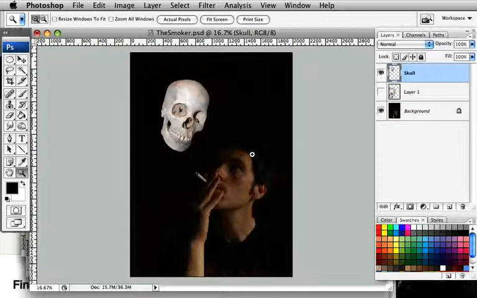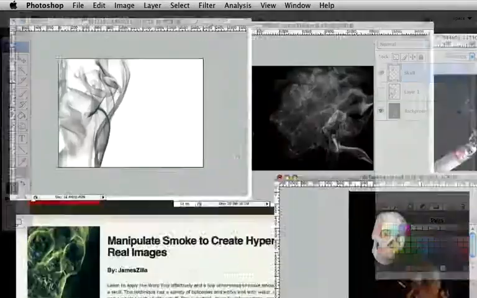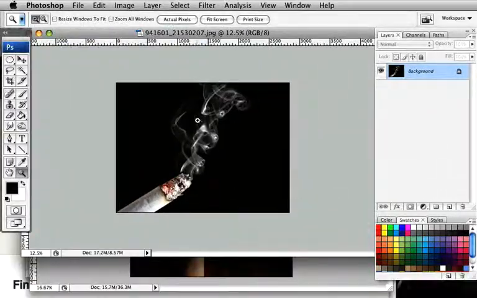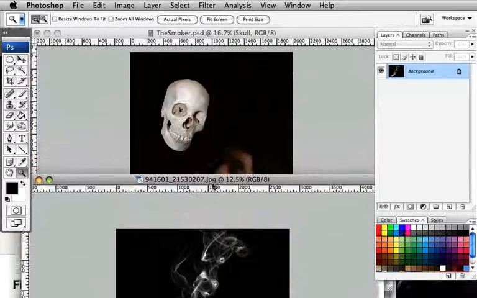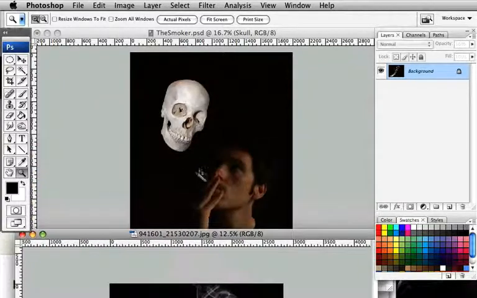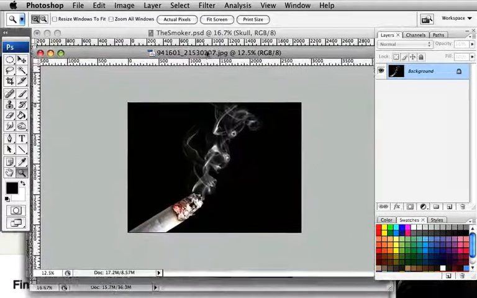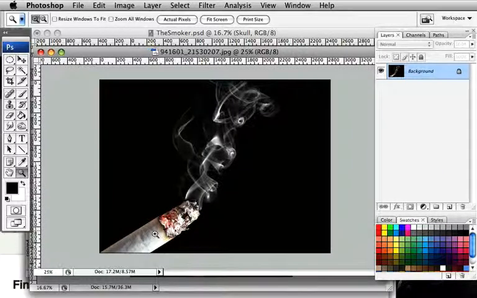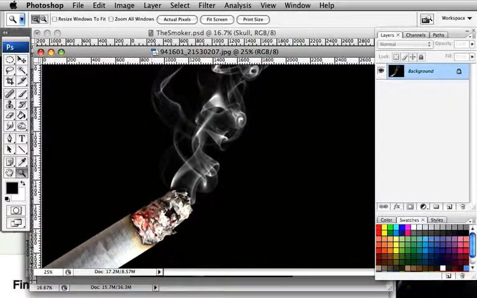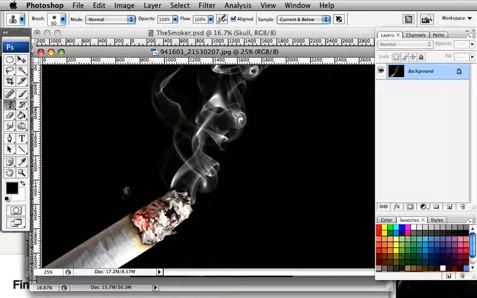Okay, so once we've done that, the next thing we need to do is bring in our first bit of smoke, and that's the one with the cigarette on it. So I'm just going to quickly bring all of those up, bring that one in. And we're going to be using this to connect the cigarette to the jaw of our skull, but we just need to get rid of the actual cigarette from the scene. So again, I'm just going to clone it out, fairly big brush, Alt select the black. You could mask it out if you wanted to,